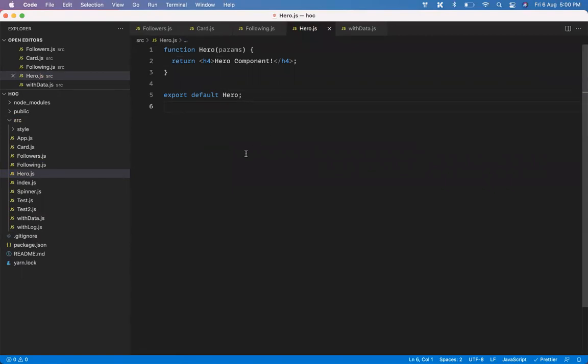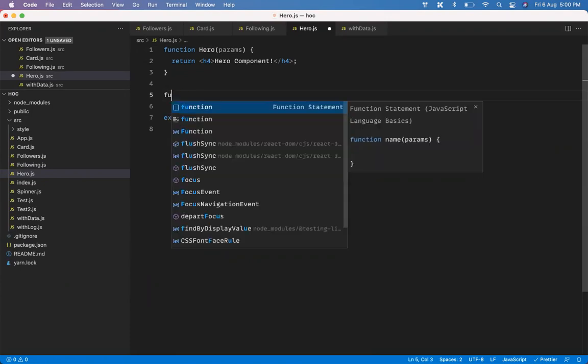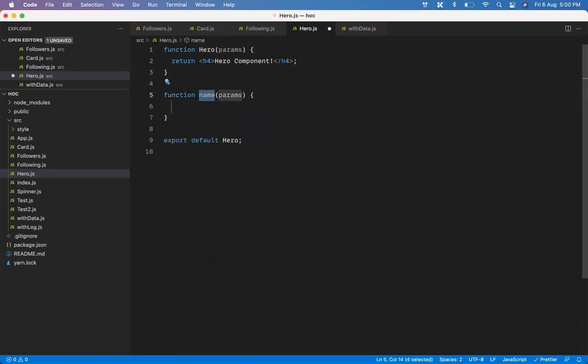So in this case, let's try to understand how things work here. You have a component, and I want to use this component somewhere else. I can just use it in another component. So I'm going to define another component. This is a function and it's called superhero.